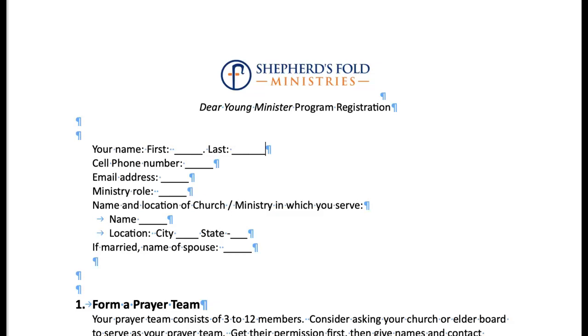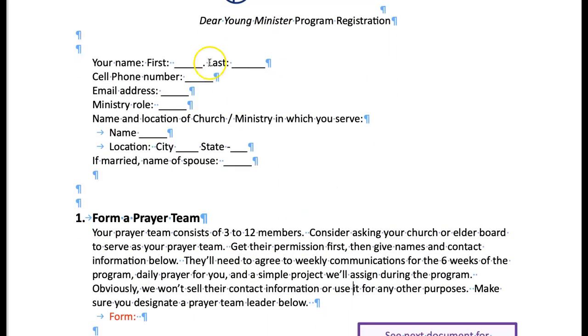Okay, so here's our logo and something like Dear Young Minister Program Registration. That's the name of the program, Dear Young Minister. Okay, so then a place for their name, and I want to come back to that, their first and last name, because this will be used in an automatically generated email later. Okay, so I want their first and last name, cell phone number, their email address,